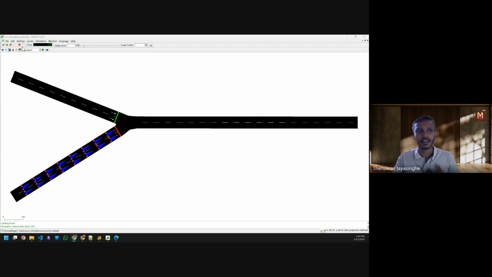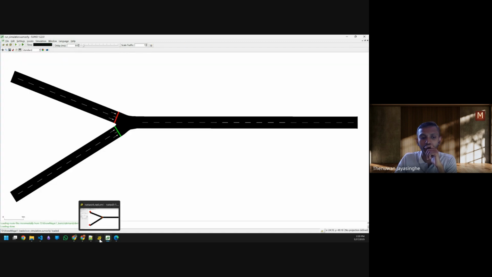So the idea is we want to add a bus stop somewhere here, and then run a public transport operation. Let's say one bus route running here, right? So let's see how we can do that. Let me keep this SUMO configuration file as is. Let me go back to my